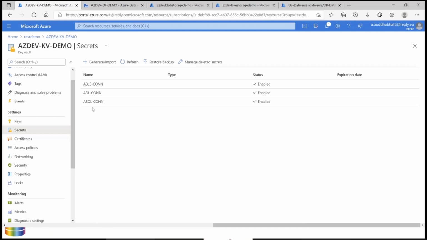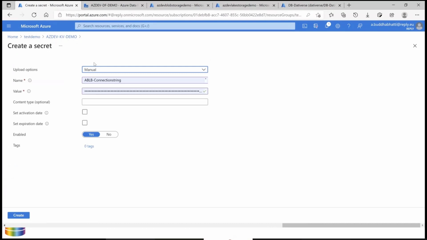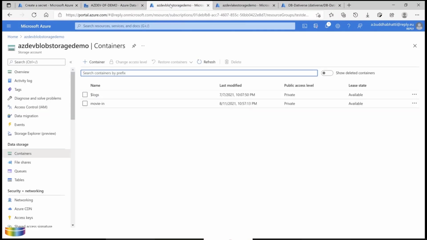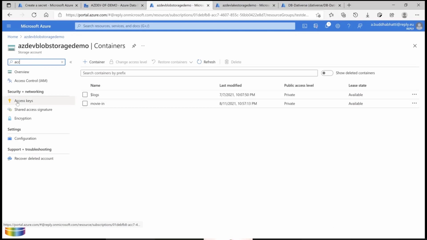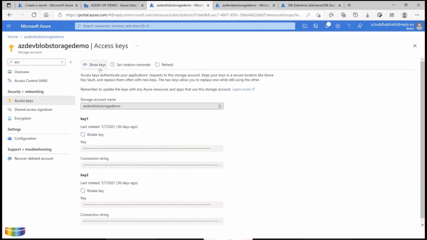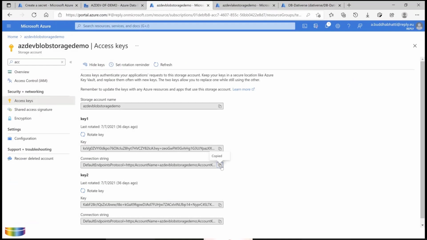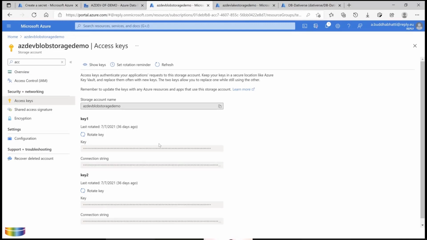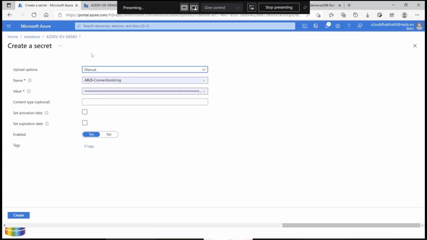If you want to know how to add a connection string here, it's very simple. You just click here, but before that you need to go to your particular data source. For example, this is my blob storage data source. Here I can go to access keys and copy this access key, or the connection string. If your data lake is Gen 2, then it needs a key. But for blob storage you can use a connection string, and for your SQL Server also you can use a connection string. So you just copy that part